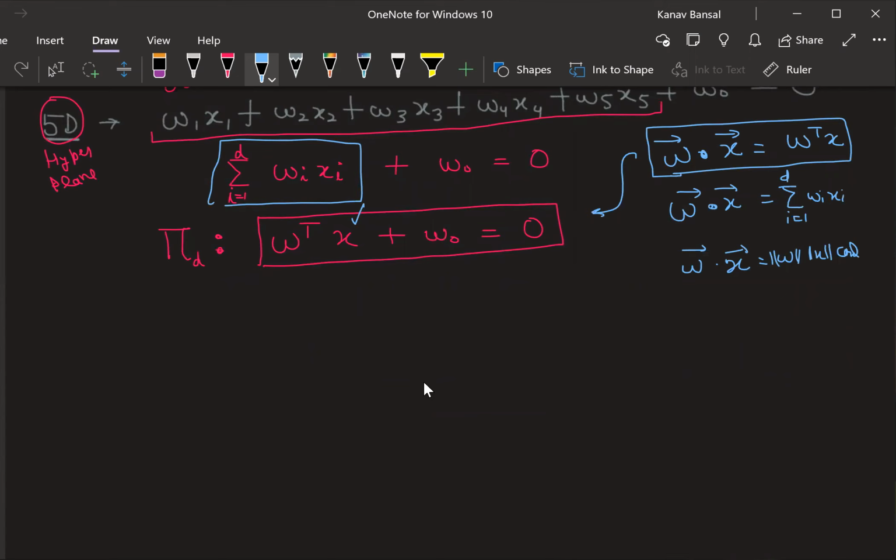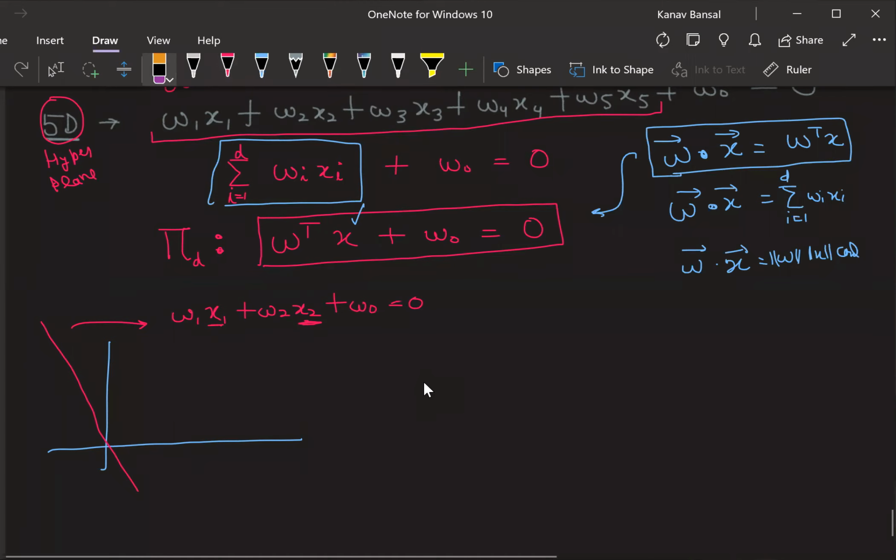Okay. So whenever we talk about a line, let's say this is a line, what we'll always have is, can I write the equation of this line like this? W1 x1 plus W2 x2 plus W0 equal to 0. Is it the correct equation for this line? Can you please give me a reason why this is a correct equation? Because we know that this is having exactly 2 dimensions. Yes, correct, Avanish. This line is having exactly 2 dimensions, so we can say that this is the correct equation.